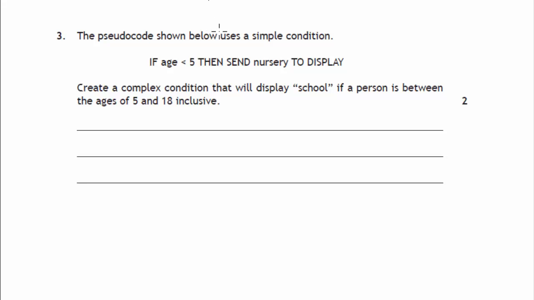If you look at question number 3, they're talking about create a complex condition that will display if the person is between ages 5 and 18, right? The word inclusive means it includes these two numbers, okay? So it includes 5 and it includes 18, right? So what we can say is we can say if, then we say age